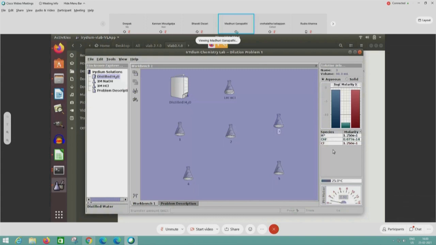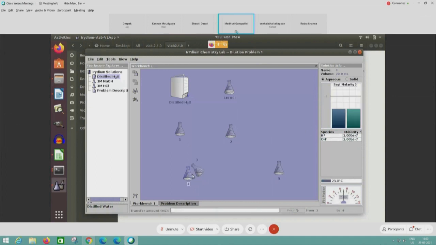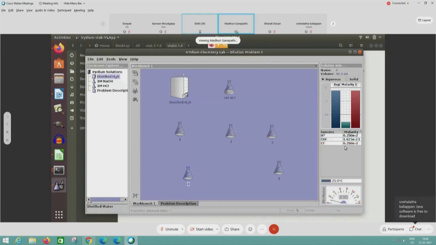Then we'll take the fourth dilution, similarly add 20 again, and put it back to its place. This is the fourth dilution, 1.20 on the pH meter and 0.0625, because it is 1.25 into 10 to the power of minus 2, so 0.0625.